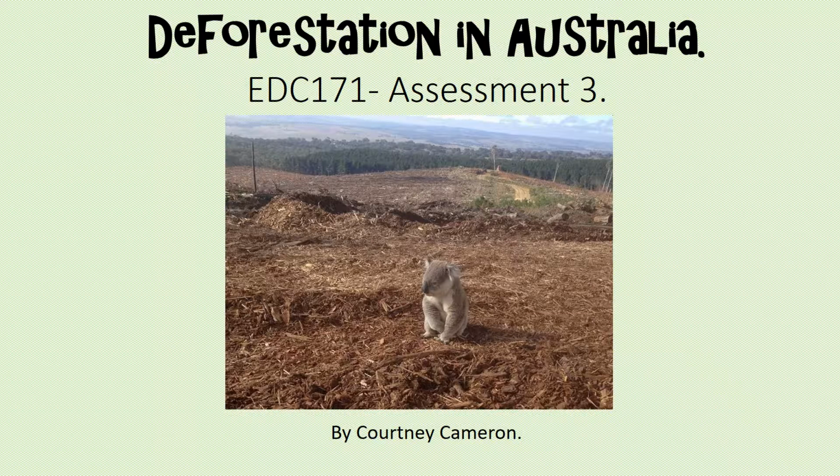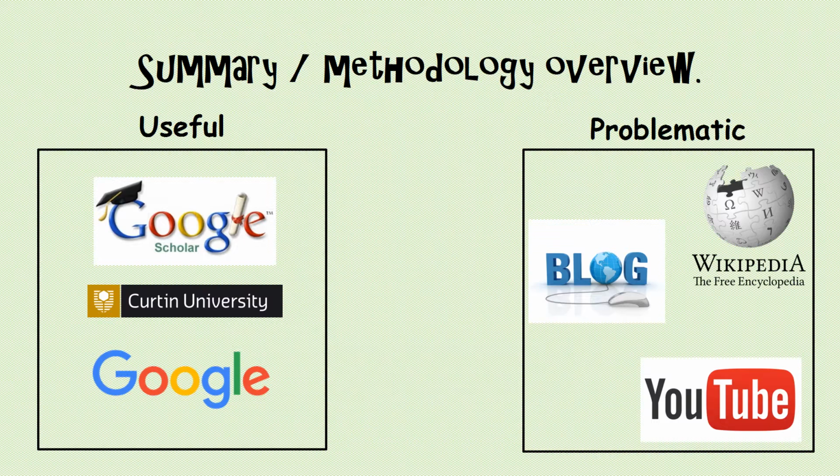This is a growing issue in Australia and is affecting a range of different things such as our environment and our biodiversity. It's really essential that people have knowledge of this issue and understand ways in which we can prevent it in the long run, as trees are extremely important as they release oxygen into our atmosphere and store carbon dioxide. And trees also facilitate our ecosystem and provide food and homes for our Australian animals.